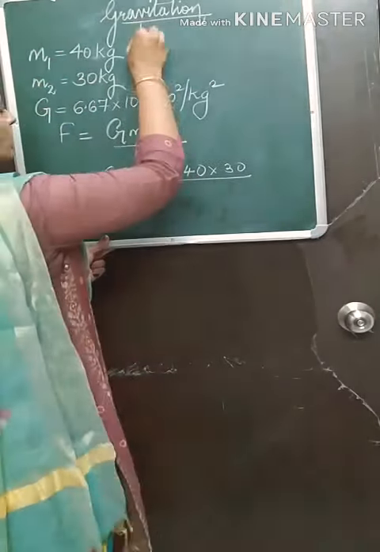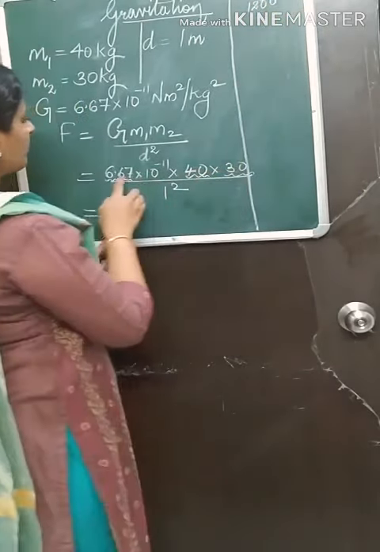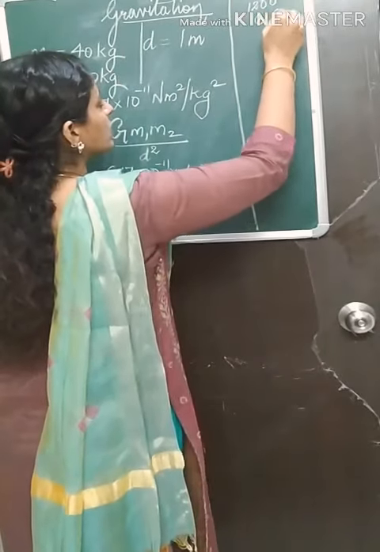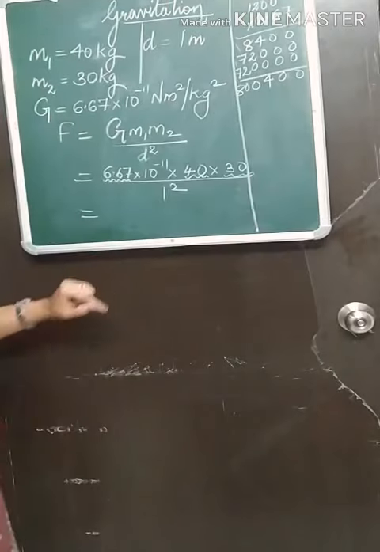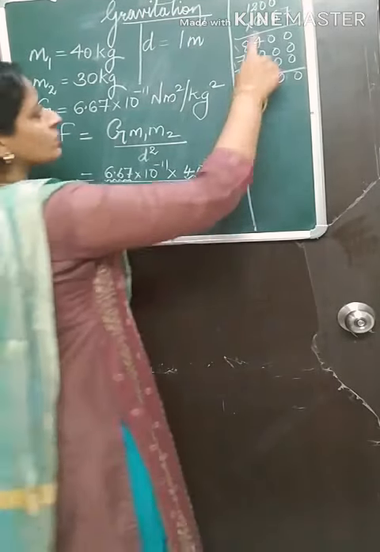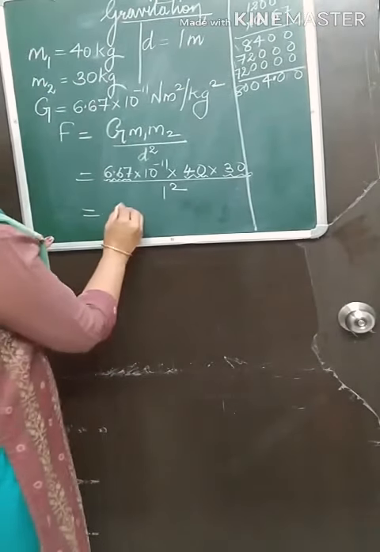Now here we will first solve these two numbers. Easy to multiply. 40 into 30 will be, now my working column I will adjust here, 4 3s are 12 and 2 zeros, multiplied by 6.67. You can multiply 6.67 and get the answer. 800400. Hope you also got the same. Okay. Now let us put the decimal point. So we'll get 8004.